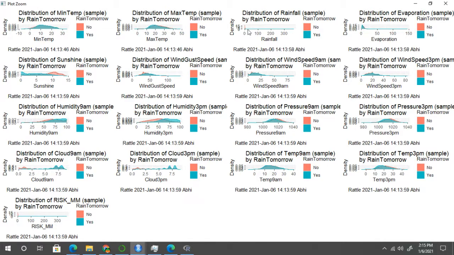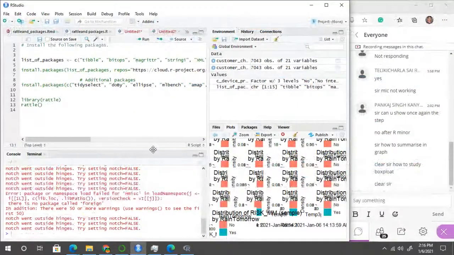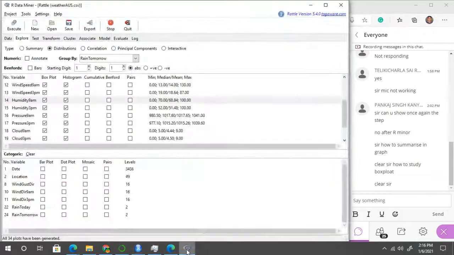Then the distribution of rainfall. There is a one response from here, and there is a no response for the yes. Then the distribution of evaporation is present right here. So this is the small evaporation. Then the distribution of sunshine. As you can see, this is the distribution. In this manner, you can represent the data sets as graphs and explain those graphs. Okay, relatively clear. If you have any doubt related to this weather prediction, you can ask your question.